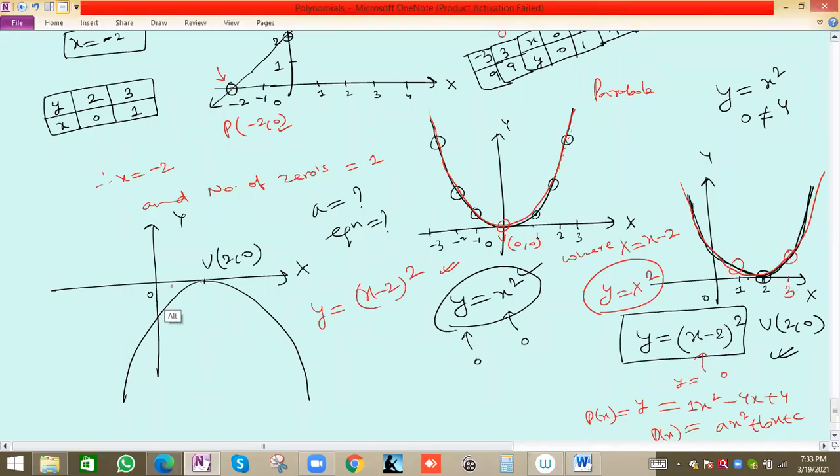But in this graph, if you put this now 1 value, what will you get? Not 1, minus 1, because it's in the downward side. And if you take 3, similar values, this value will be again minus 1. For 1 also we are getting y value -1. For 3 also we are getting -1.